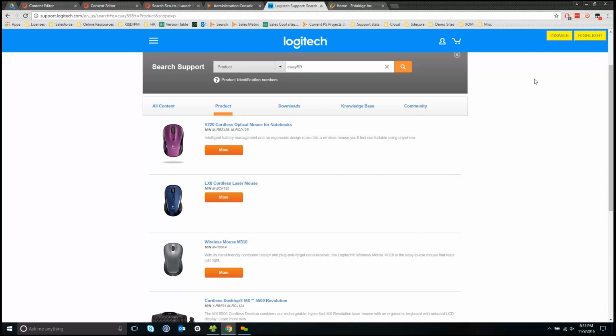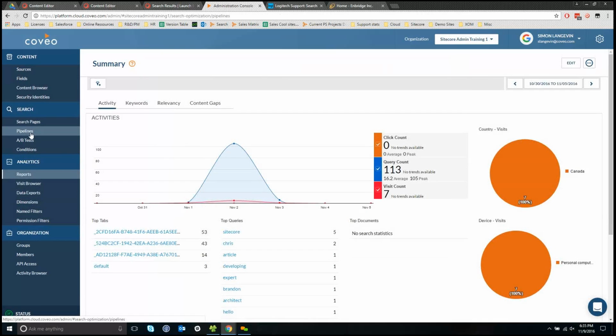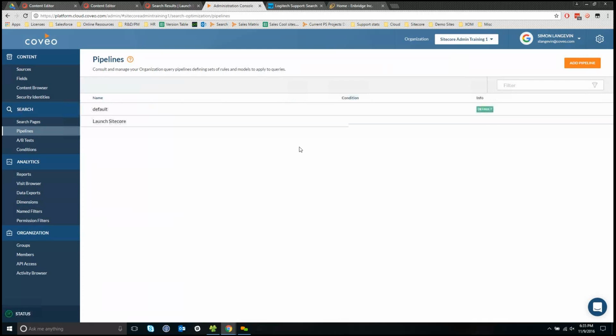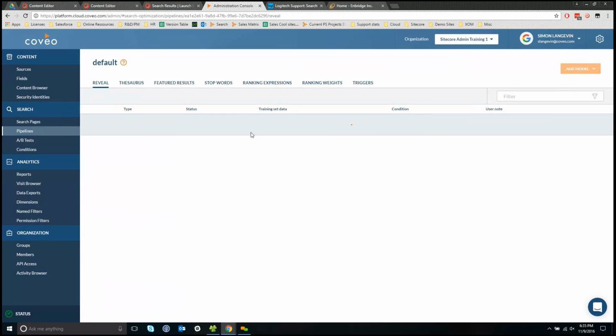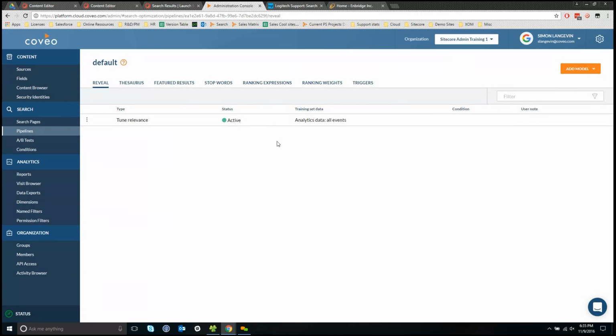And creating Reveal, you will tell me it's really complicated as a developer. Creating Reveal takes about 3 seconds. I think I have one already created, but I'll create a new one. So here I'm in what we call the query pipeline, where you can add a lot of different logic. You can see top result, ranking weights, and all these kind of things. And you can create a Reveal model. So if I add a model,